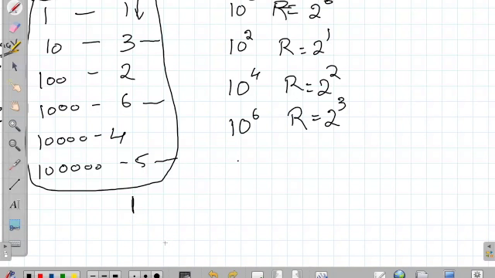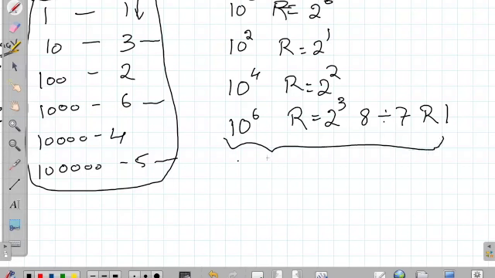Again, but it should not be 3 again, I feel. It must be 2 to the power of 0, right? 10 to the power of 6 is 2 to the power of 0, am I right? It is not 2 cube, I feel. 2 cube is nothing but 8. And remainder of 8 with 7. Right. So 8 divided by 7, the remainder would be 1. That's why 1. So we can simplify this and say 10 to the power of 6, remainder is 1. Again 2 to the power of 0. Correct.